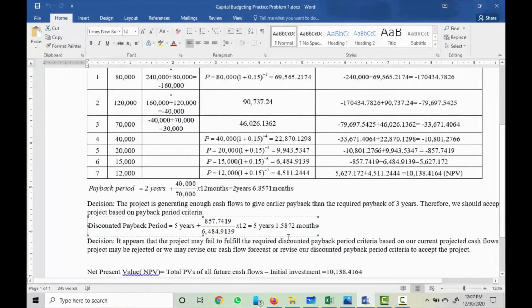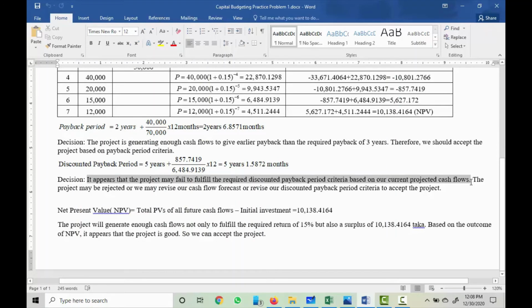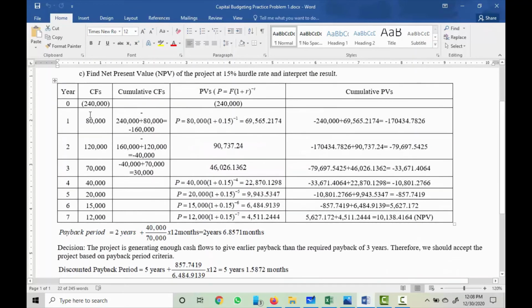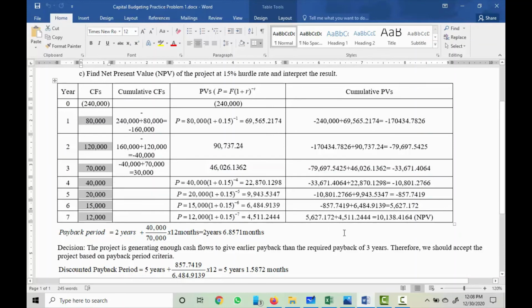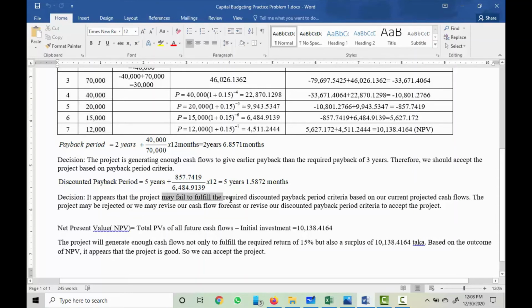So that means the project failed to fulfill our discounted payback period criteria. Based on our current projected cash flows, it appears that the project may fail to fulfill the required discounted payback period criteria, because we need the discounted payback within 4 years, but it takes 5 years 1.5872